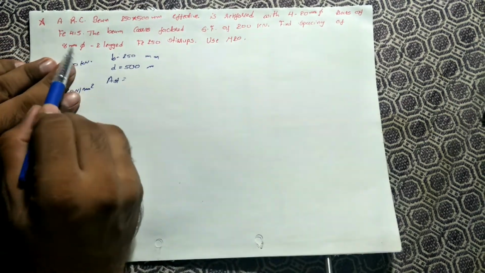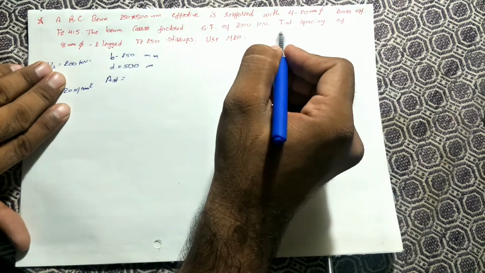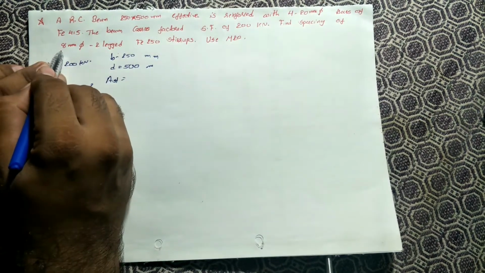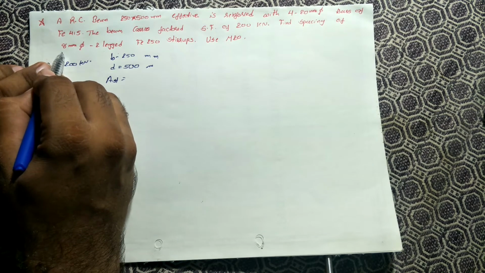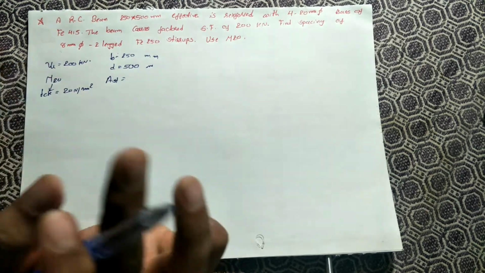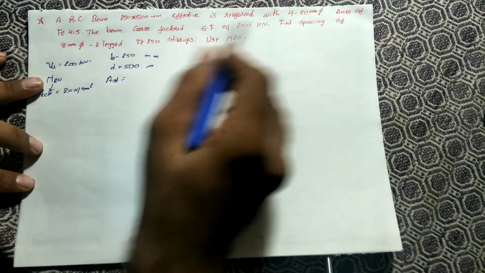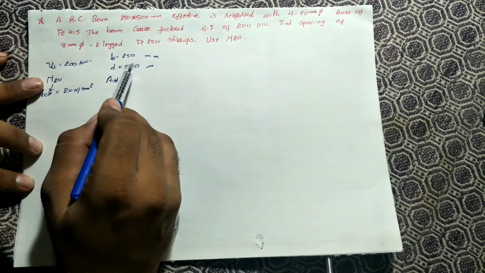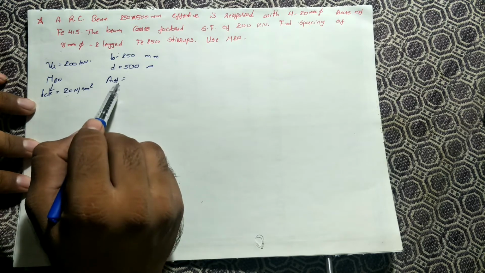See, in this question we have been given 8 mm dia, 2-legged stirrups. So here we did not have to assume the stirrup diameter. It is directly given, so we have to use 8 mm dia and 2-legged. We can start minimum with 6 mm dia and 2-legged. So here we have data: VU is 200 kN, the shear force is given to us. B is equal to 250, D is equal to 500, M20, so fck is given 20 Newton per mm square.